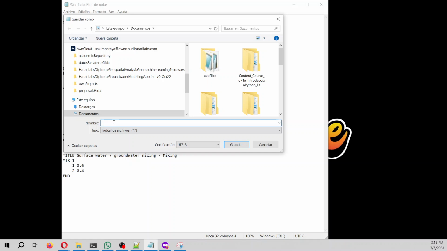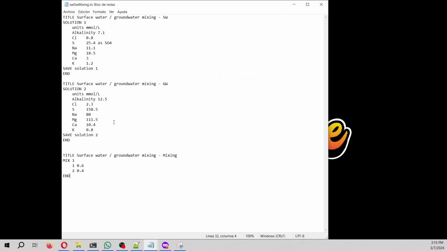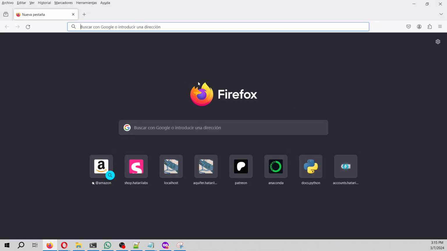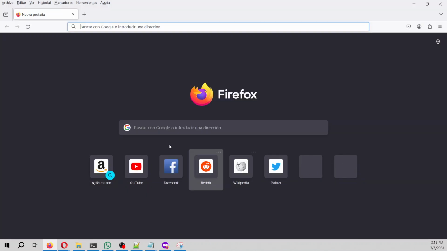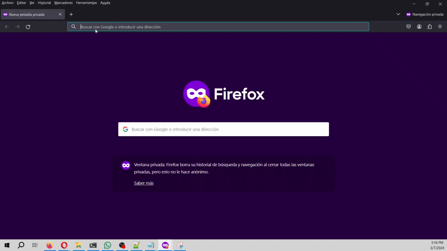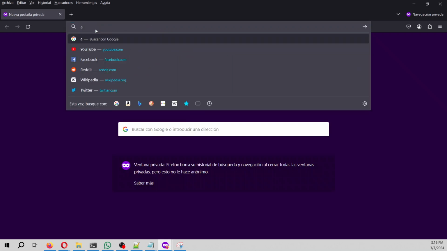So this is surface water groundwater mixing dot in. It has to be dot in. And then I'm going to delete the